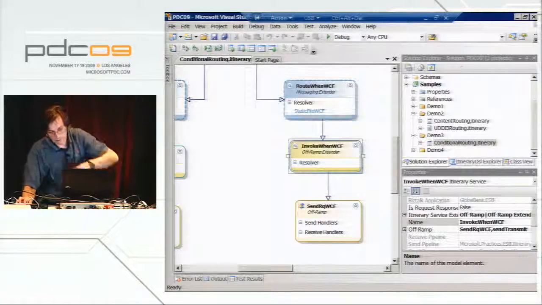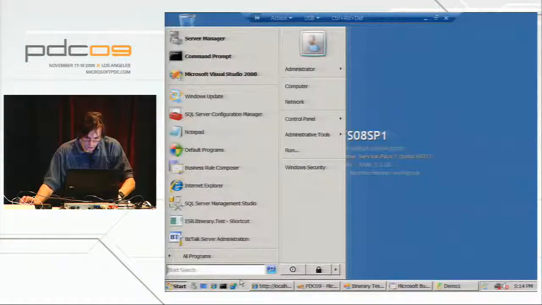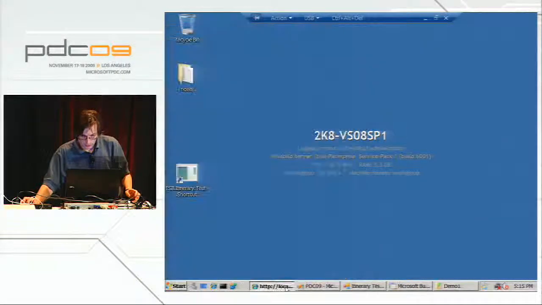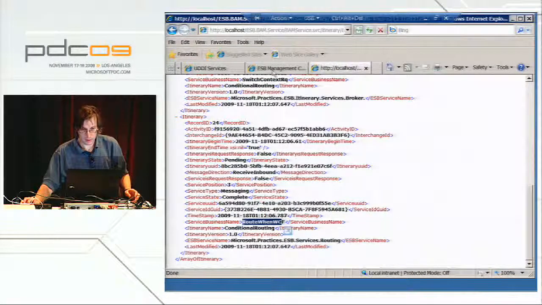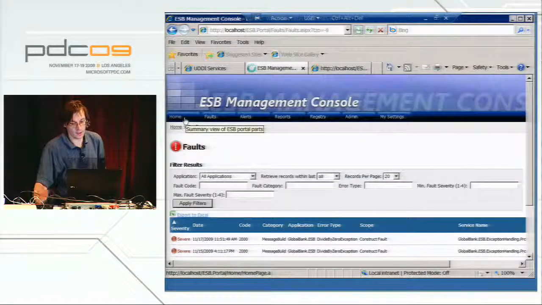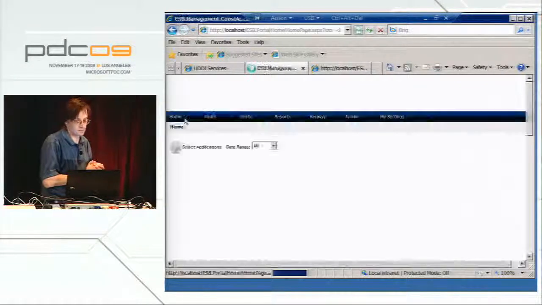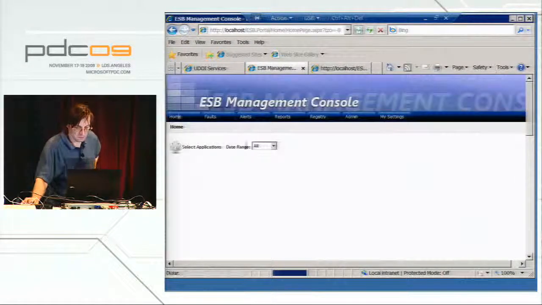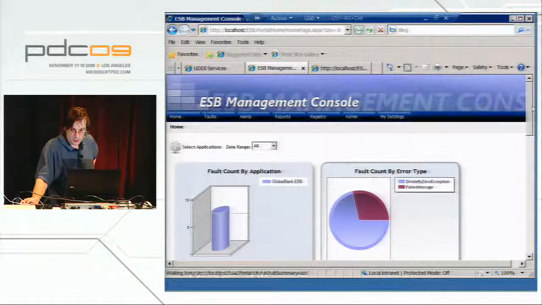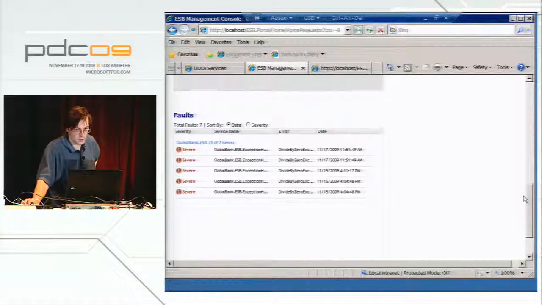So to deal with that, what we can show you is the exception management portal. So at the home page, you see the breakdown by applications, and then you can see the breakdown by faults, and then you can see the resubmissions,